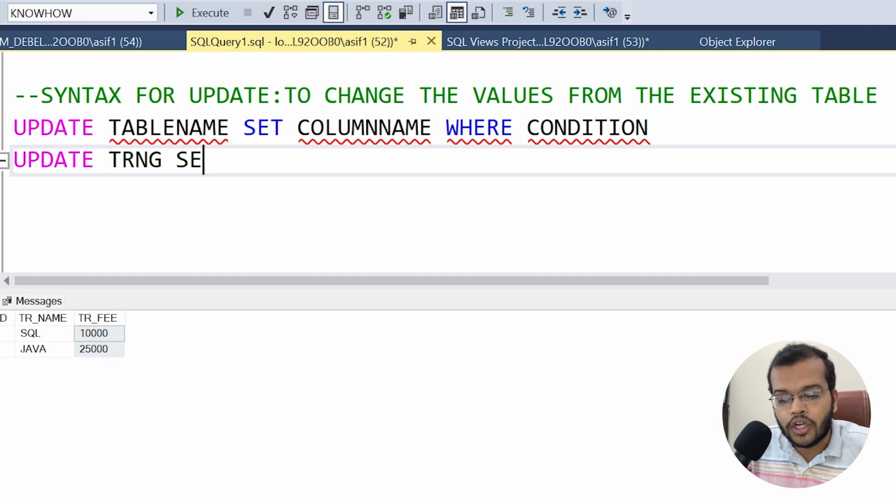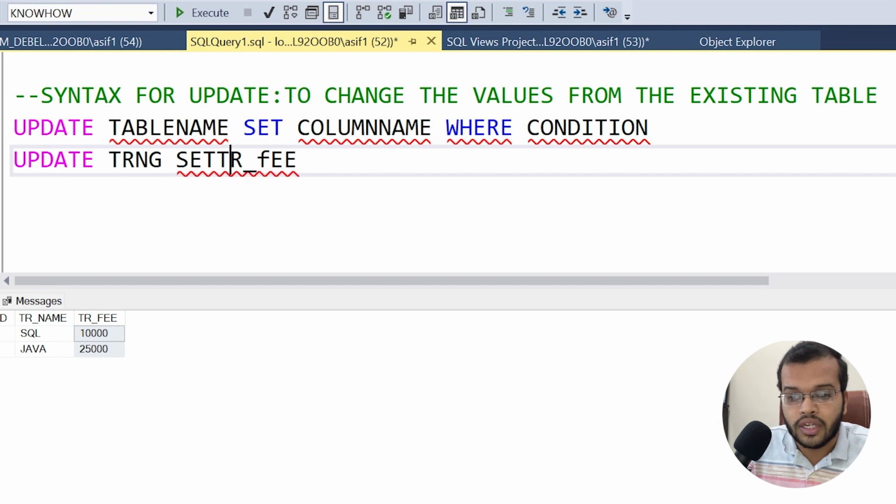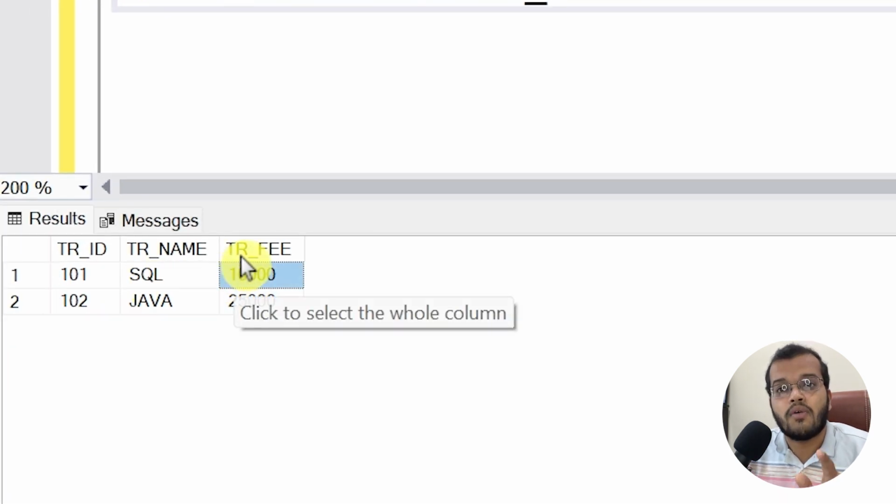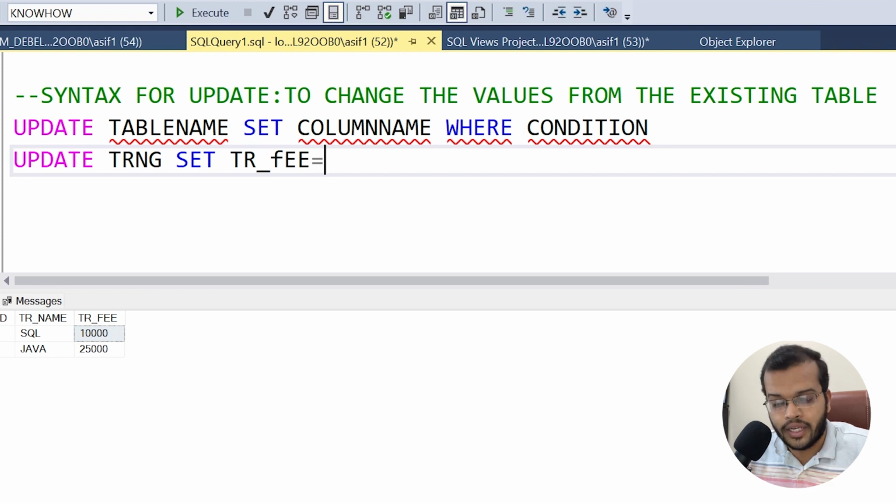Okay, so SET is a keyword. What you are setting is a new value. What new value you are setting, that you have to mention here, not the old one. So the new value for the column TR fee, which is my training fee. Training fee here equal to my training fee of SQL. It is 10,000. I want to update it to 15,000. So 15,000, where